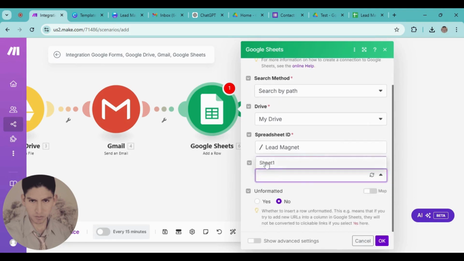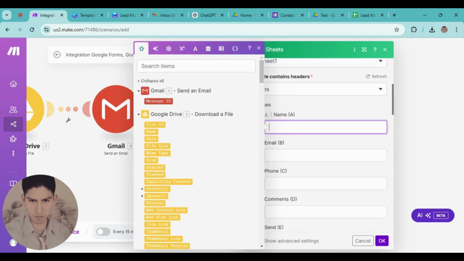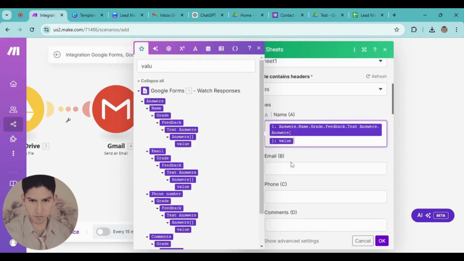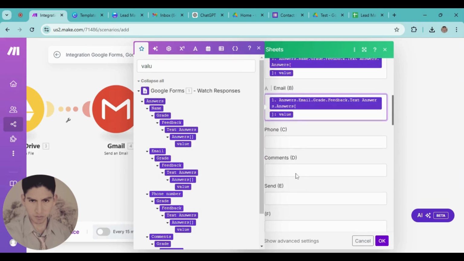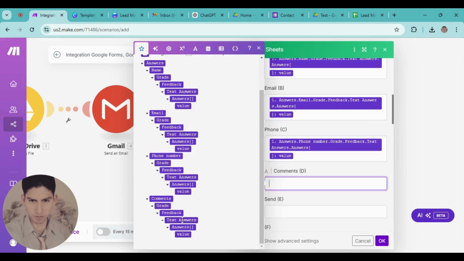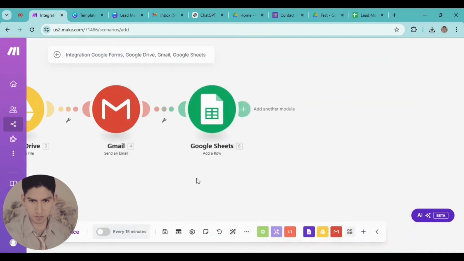That's your name. Okay, and here we're gonna complete that comes from the first module, the Google form, the value, the email value, and the phone. Here I have comments, and here. All right,